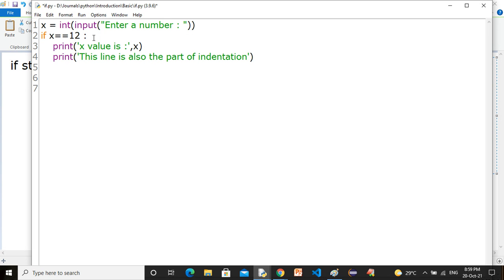Indentation means what? Just providing the space, right? If you are not providing any space, then this line is not the part of if condition.